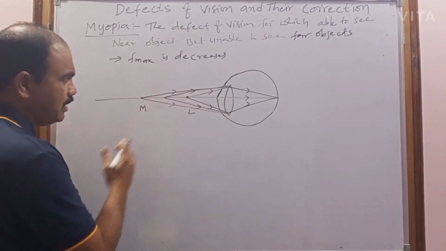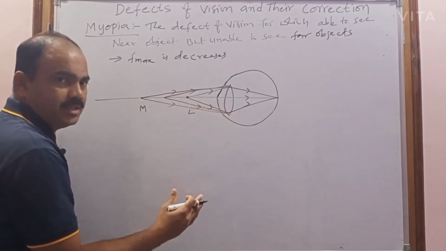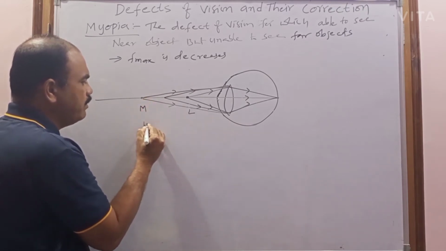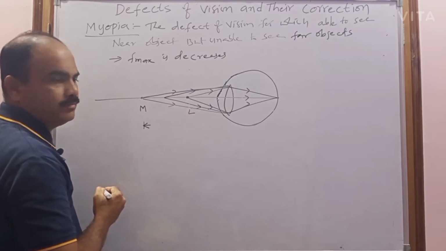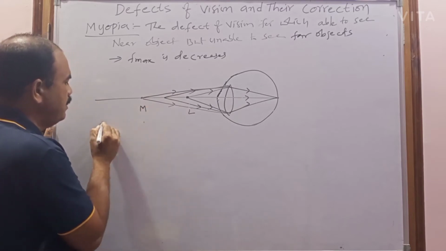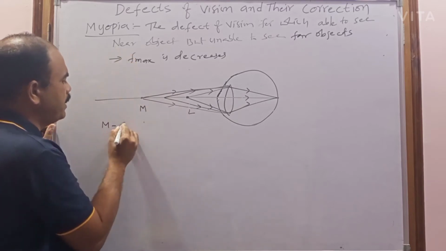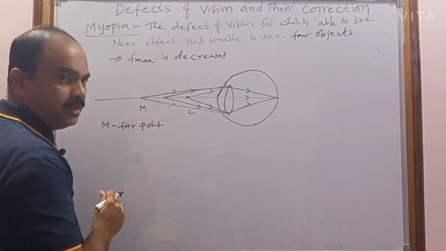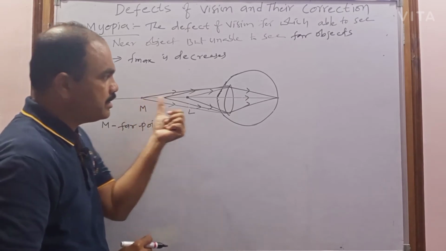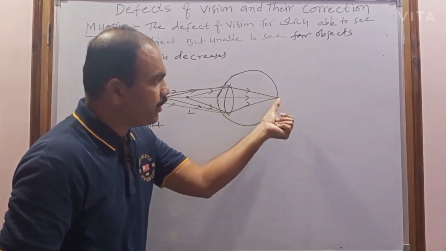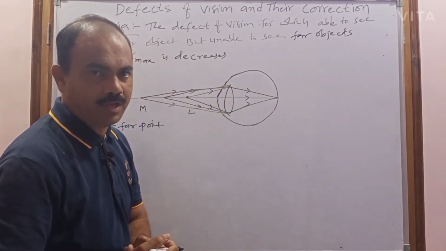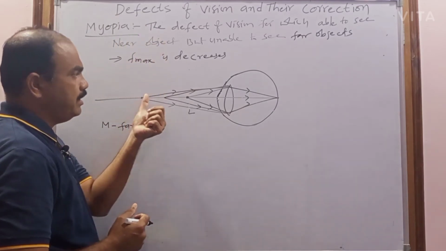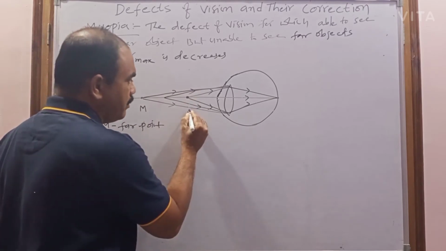And what is the maximum distance that person can see the object? That is this point. So this point will be called as the far point. This M point will be called as the far point for that myopia person. Far point is nothing but the maximum distance for which this eye lens can form the image on the retina. So if the object is at far point or if the object is at L, which is nothing but least distance